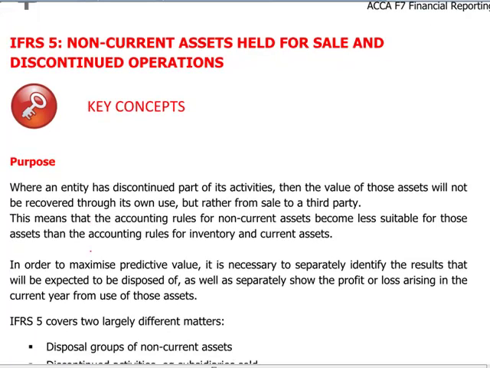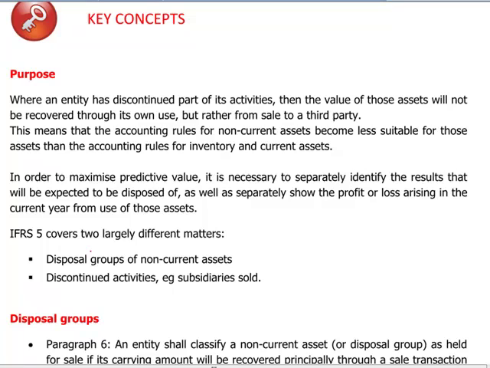With IFRS 5, which deals with non-current assets held for sale and discontinued operations, and the way we have to reflect this in the financial statements, we have to keep in mind that the non-current assets and part of our business are no longer going to be available in the next 12 months. We will sell it. So the value of a non-current asset will not be recovered by continuing use within my business, but via a sale transaction.